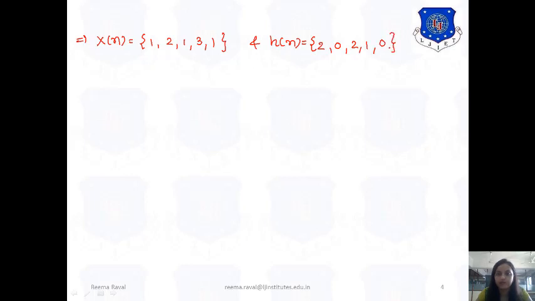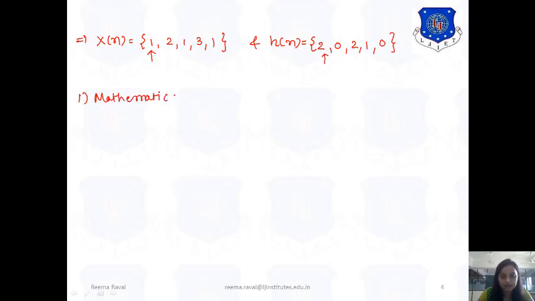First of all, let us say the given data x of n is 1 2 1 3 1, and the impulse response of the system h of n is 2 0 2 1 0. Let's say for example the arrow is given at the first position. Now if you are going to do the linear convolution using the mathematical method, then first of all, for the mathematical method,